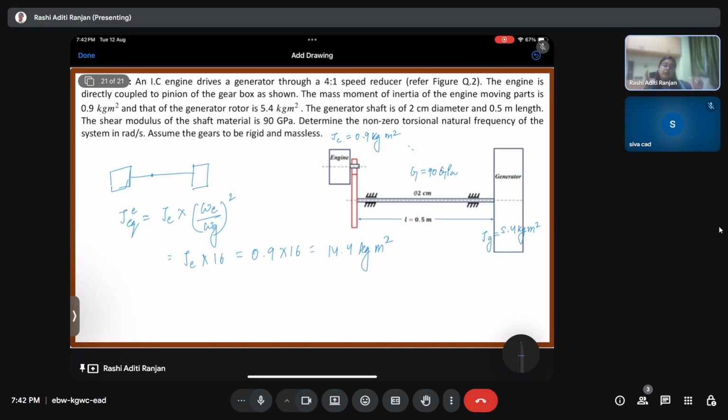But for the generator shaft, it is 2 centimeter in diameter and 0.5 meter length, so we don't need to calculate its stiffness separately. Okay, so stiffness is going to be what? If you remember the torsional stiffness for a torsional spring, if you model a shaft as a torsional spring, it was